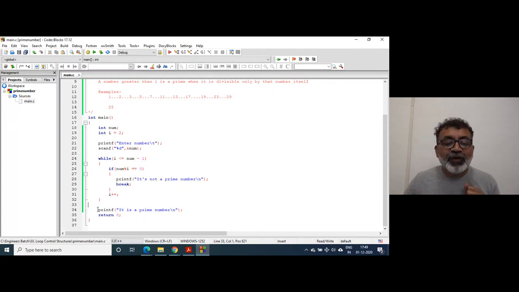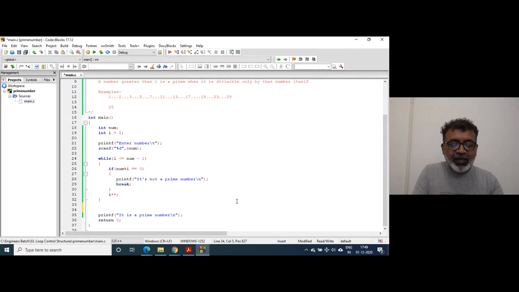When a particular number is prime, it is not divisible by all numbers between 2 and that number minus 1. So for 7, the control reaches here when I is 7. So I can write the statement as, there are multiple ways, if I equals num, execute this statement.